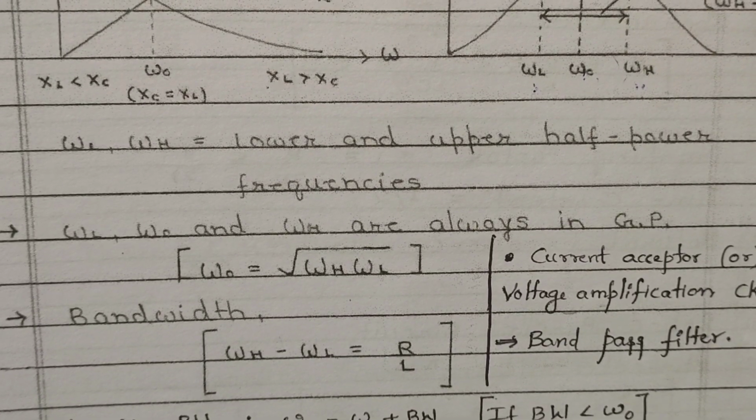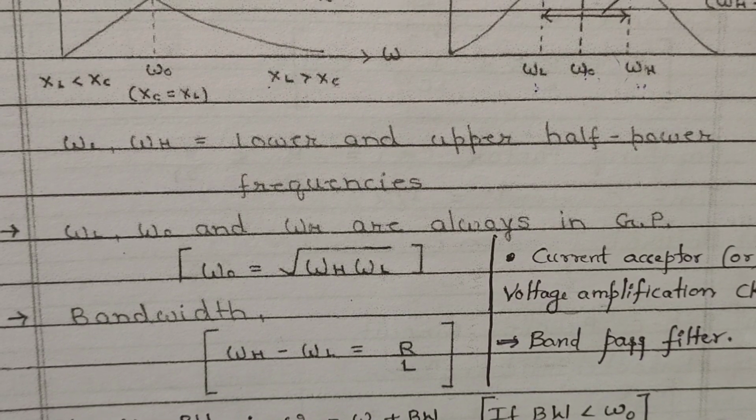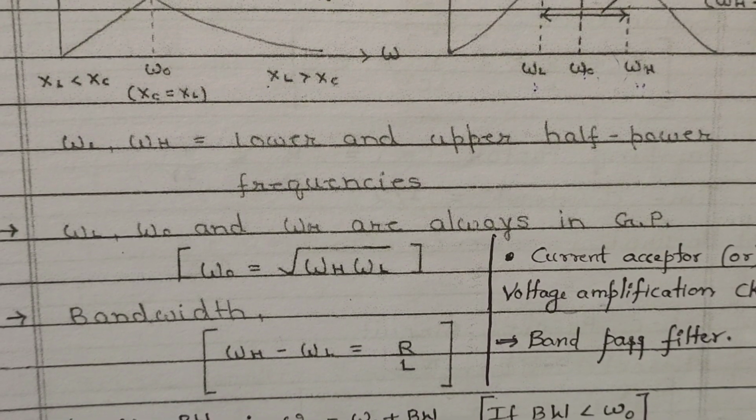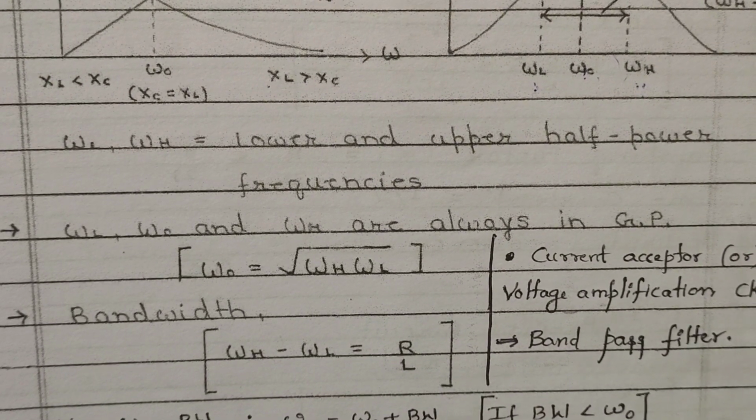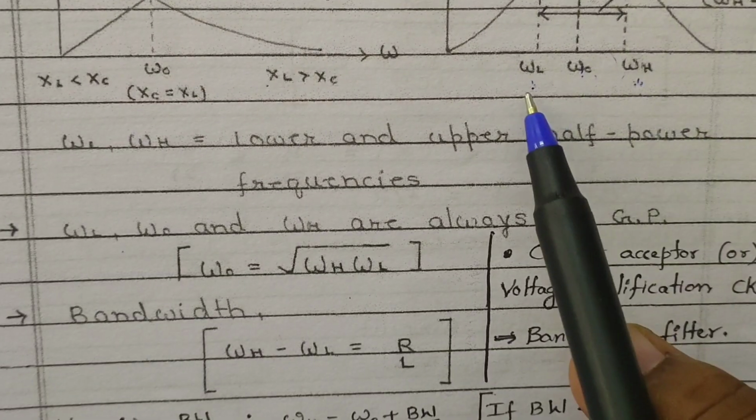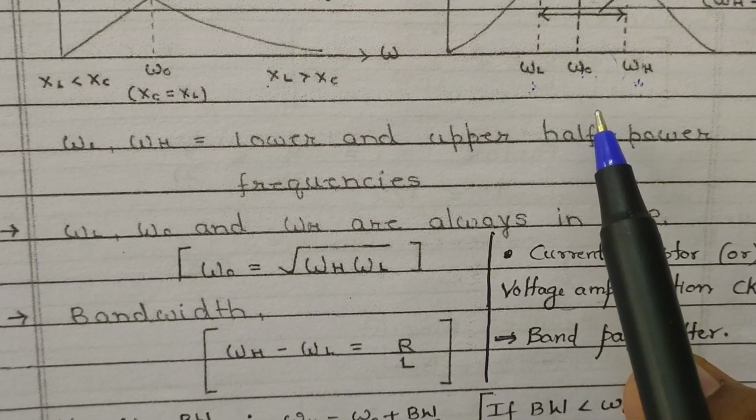In a series RLC circuit, you will have the lowest impedance, Z is equal to R, and it is also known as a band pass filter. In case the bandwidth, which is the difference between the higher frequency minus the lower frequency, is less than omega naught,